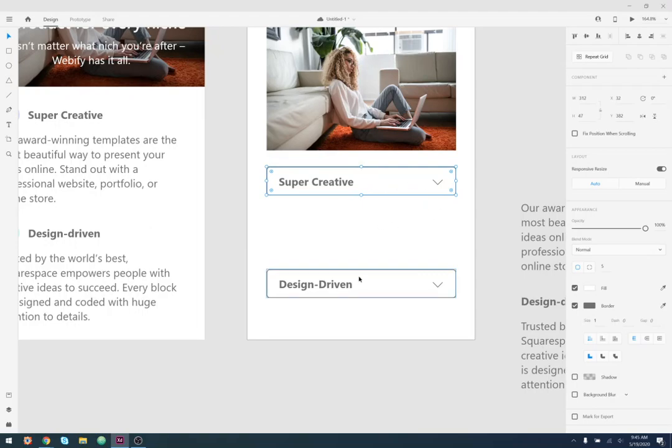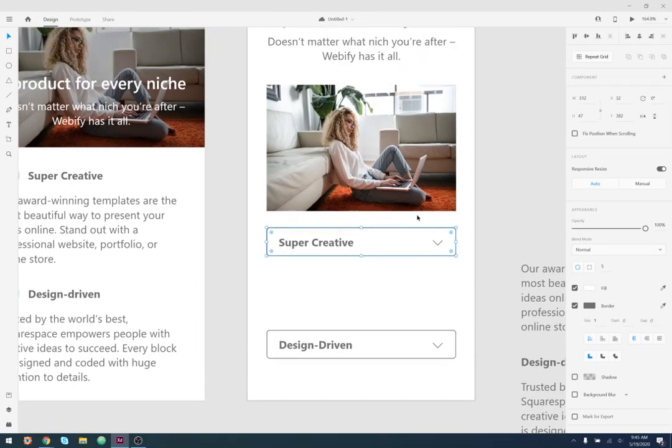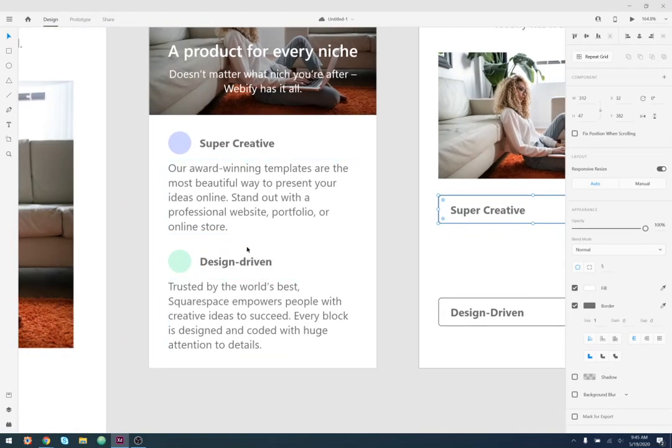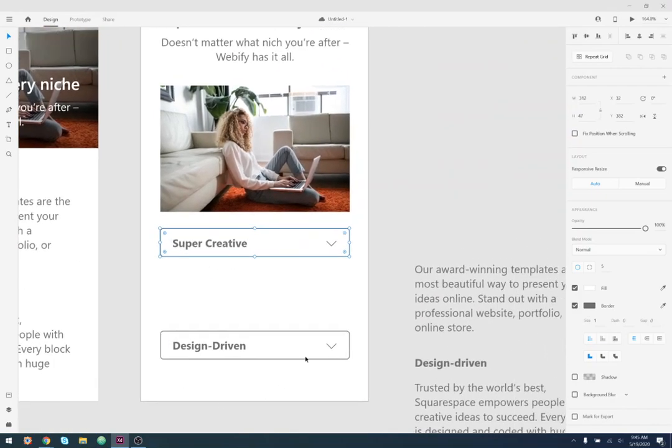So when you click on the button, it's going to show the text underneath, and then when you click on this button, it'll show the text, and this one will sort of go up into the button again. So we're going to create kind of an accordion effect. This is a very common pattern for mobile because it saves a lot of space, but it also hides the text. So that's why I wouldn't use it here. If you want people to see the text, then you're going to have to do something to really make that text stand out so that nobody has to do anything in order to see the text. But over here, they're going to have to take some sort of action, at least to see this one, the design driven. And here, this is going to be plainly obvious